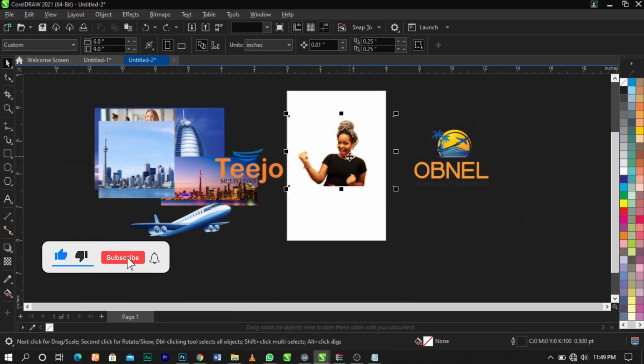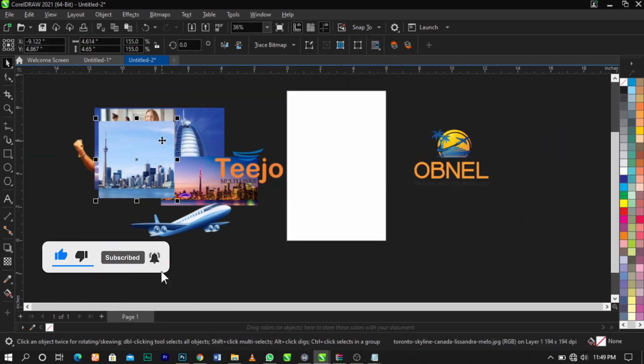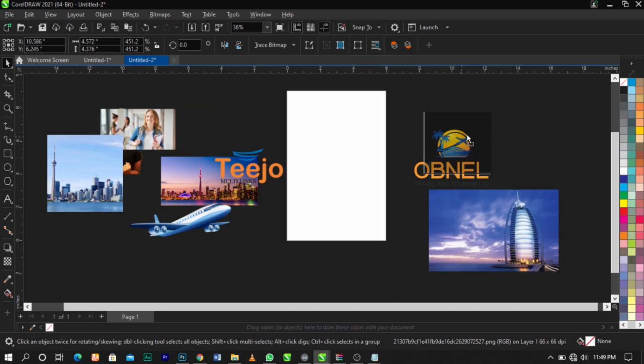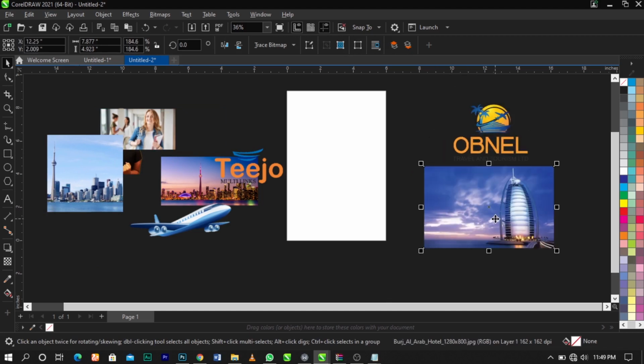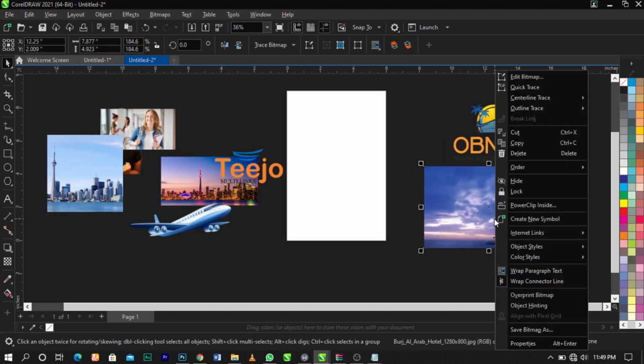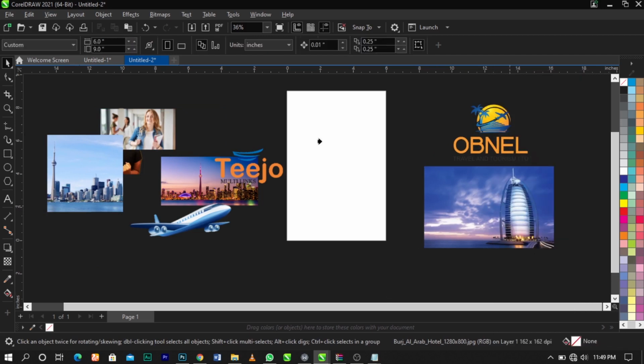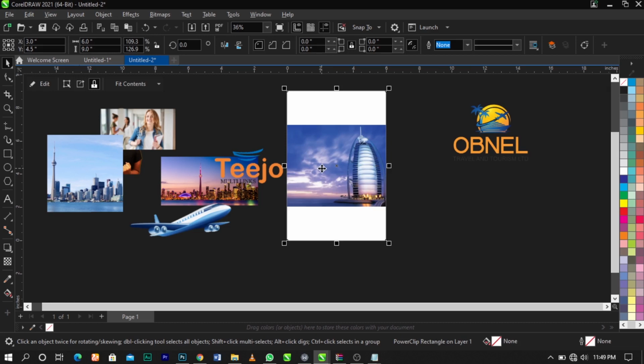So guys, the first thing I'm going to do is bring in this background and right click on it, select power clip and place it inside this frame. So once you select power clip, this arrow is going to come up asking you where you want to place your image to. So we want to place our image in this rectangle we've created already. So all you need to do is just click on it, and as you can see, boom, it will bring